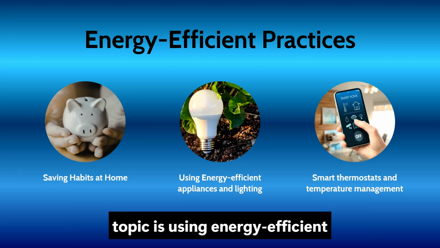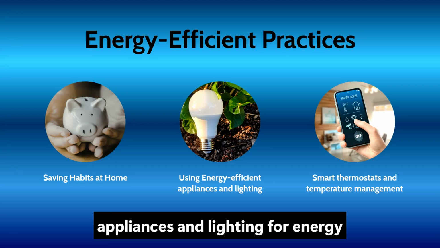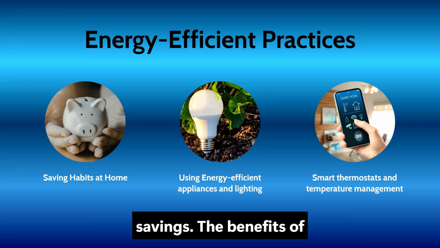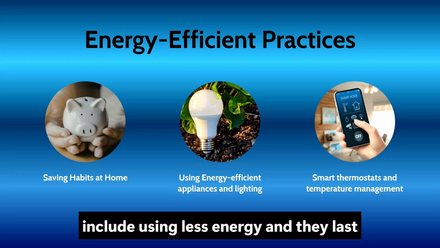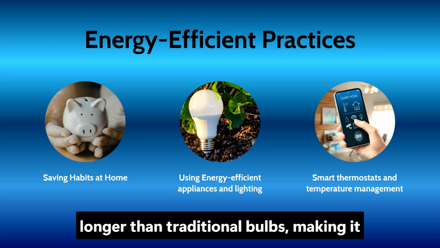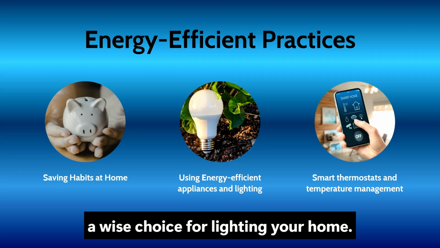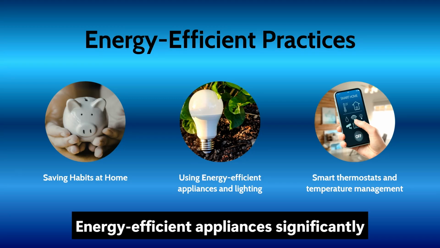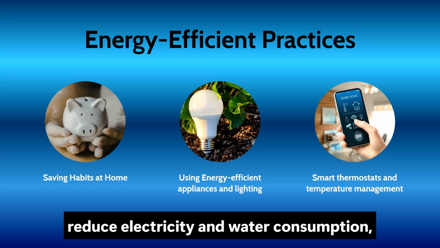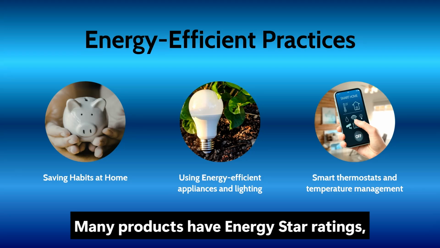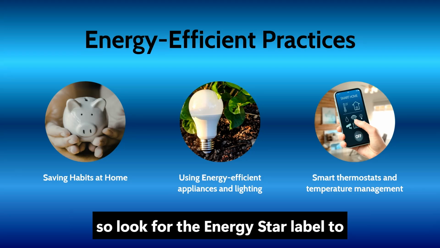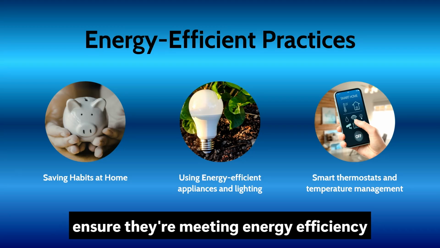Our second topic is using energy efficient appliances and lighting for energy savings. The benefits of light emitting diodes, or LED lighting, include using less energy, and they last longer than traditional bulbs, making it a wise choice for lighting your home. Energy efficient appliances significantly reduce electricity and water consumption, leading to lower utility bills. Many products have Energy Star ratings, so look for the Energy Star label to ensure they are meeting energy efficiency